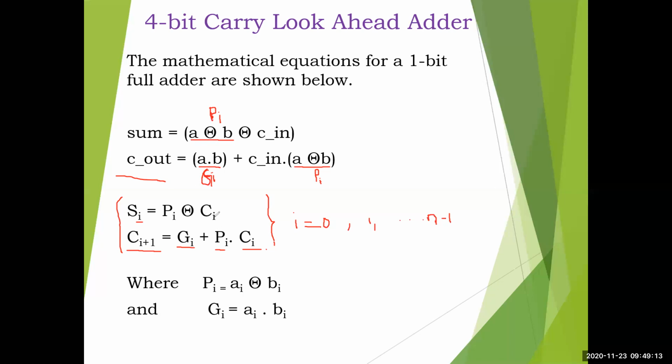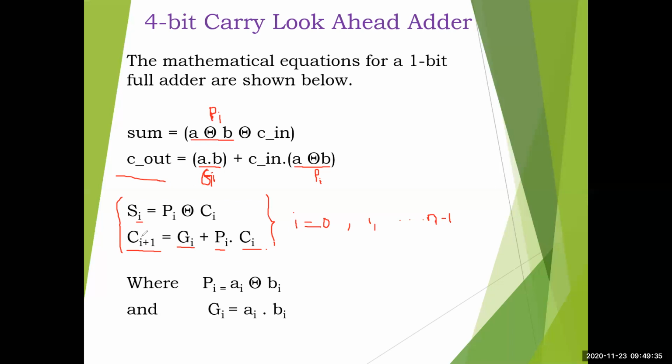Okay, so here c0 is nothing but c in only, you have to understand. Then c(i+1) means what? Carry generated, right? So that's why it is c1, 0 plus 1, c1. That is the output of the first full adder. c1 equal to g0 plus p0 c0. Here c0 will come, that is the previous carry. Okay, so this is the generating.